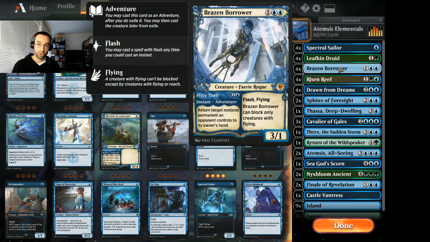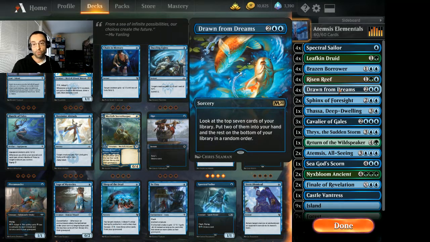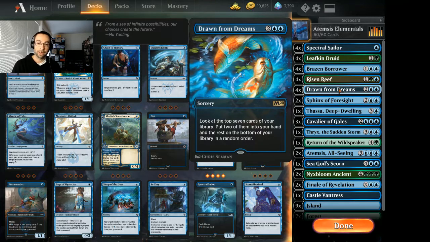We do need some interaction to slow our opponent down, and so Brazen Borrower, of course, fits that bill in Simic colors. So this just allows us to bounce whatever creature or planeswalker is threatening us as we're trying to get set up into our late game with our big plays. And so Brazen Borrower is kind of the perfect answer in Simic to deal with that. Of course, all 4 Risen Reefs, all 4 Drawn from Dreams, so we can find our pieces as consistently as